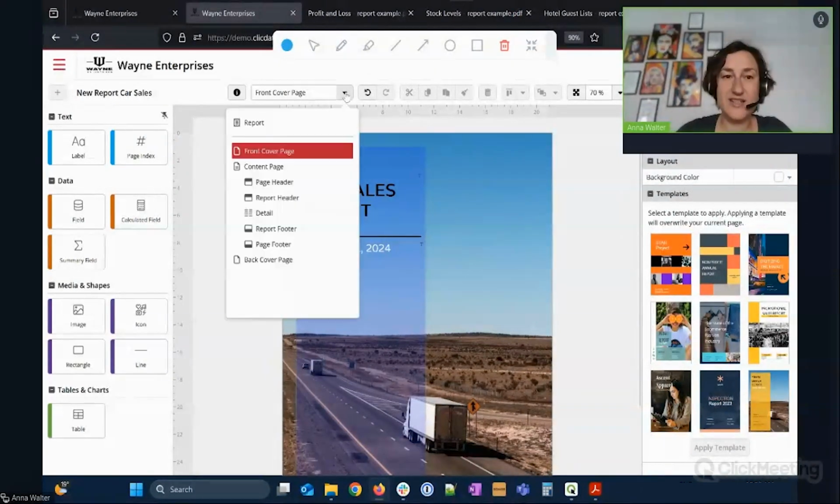What is interesting now is actually to go into the content page. So as you can see, the content page is divided into different sections. The details section is really the lowest level of granularity we want to show. In our case, it's going to be the car model. And then we have a report header, which is going to be